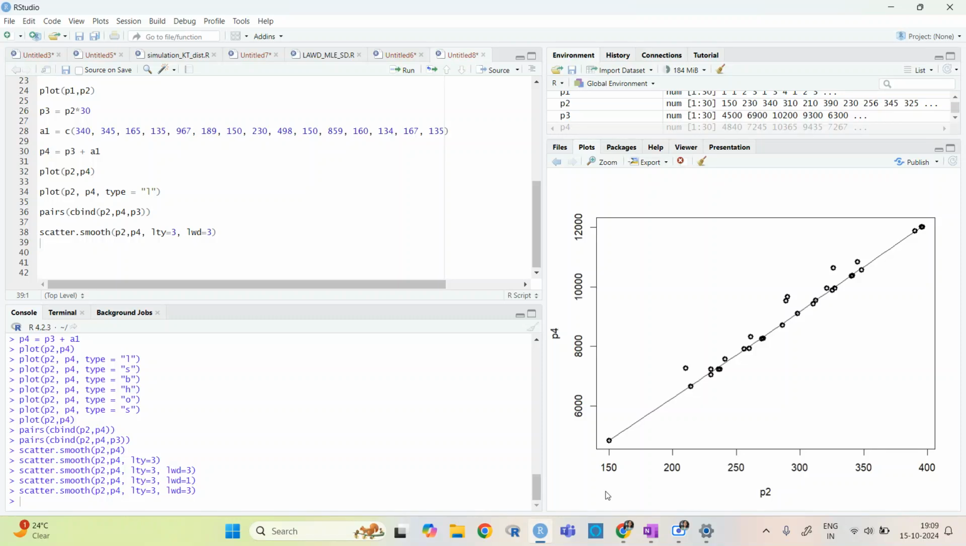So it is not going to happen that it will always increase. Right now, if I take this plot, it will always increase. In real life it is not very easy, but regression helps in that. So that way you can use scatter dot smooth to understand your data, how it is going further. Okay,